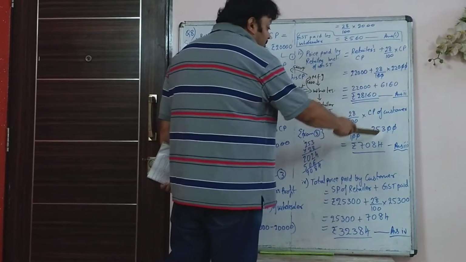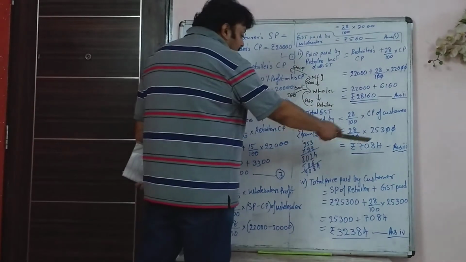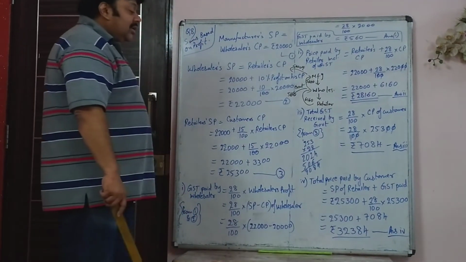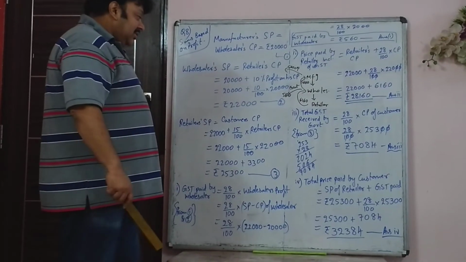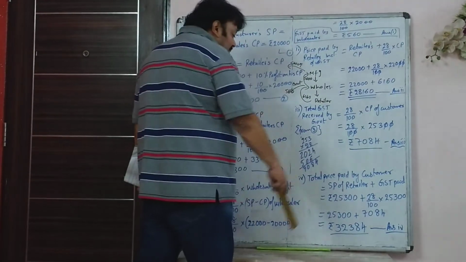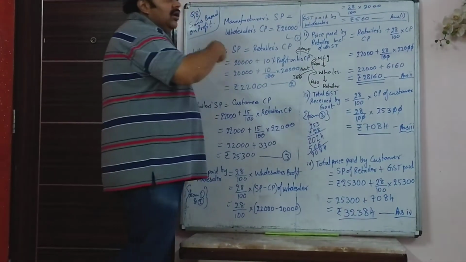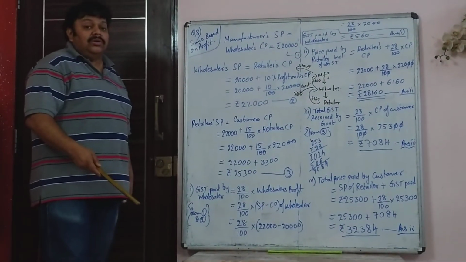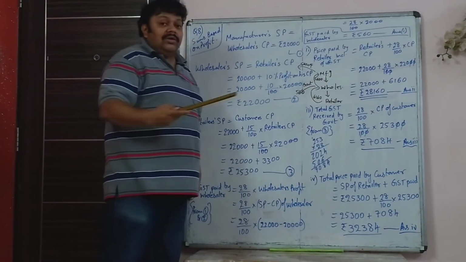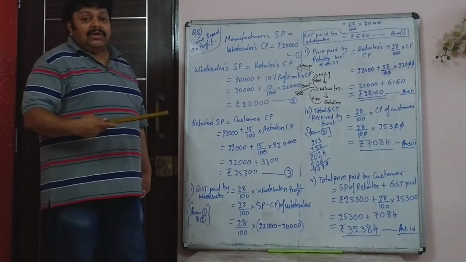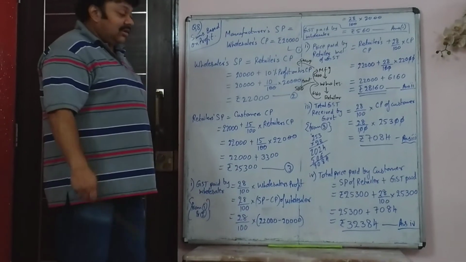So on this 25,300 rupees, the customer will pay 28% GST. The customer has to pay 28% of 25,300, that is 7,084 rupees, as GST. Now that price, 7,084 rupees, is the total GST. This is the answer 3. This is the total GST received by the government. There may be different branches and offshoots like this, but the total GST received by the government will be 7,084, which is paid by the customer.